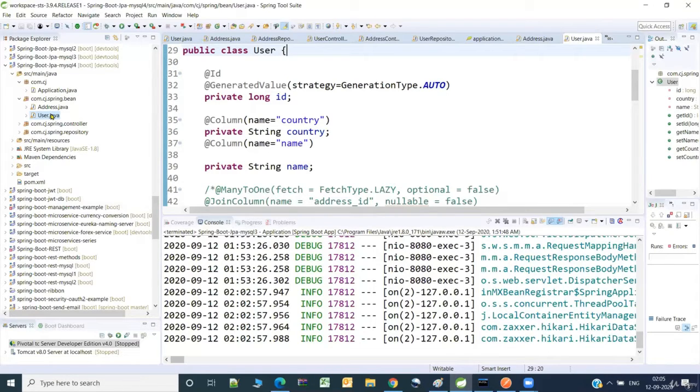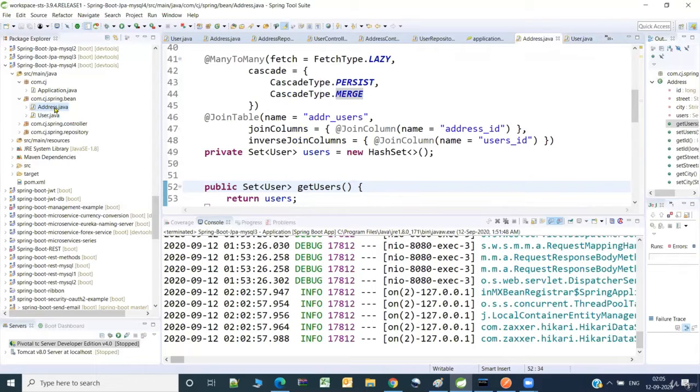See here, many to many you can specify either in the user or in the address entity. And one more thing is, whenever you have the relationship between entity classes, in case of one to one, the mapping column is available in the first table, that is the source table.